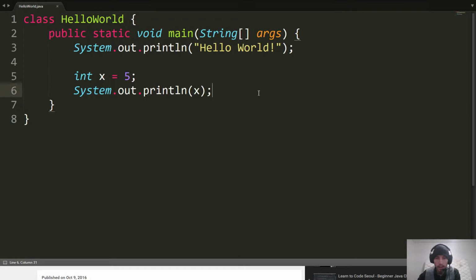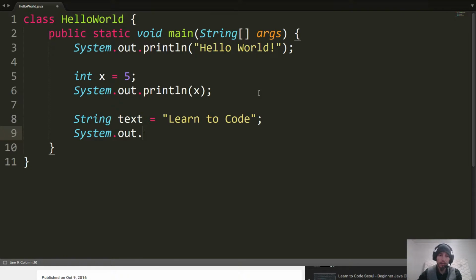Integers are not the only things we can store. We can store plenty more as well. We can store strings. String in programming lingo is the name for text. So strings are actually collections of characters. A character is something like a single letter, right? A string is a string of characters. So we can say learn to code. And if we go ahead and print that out,